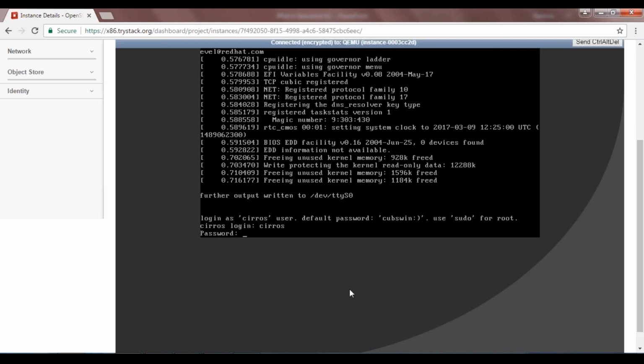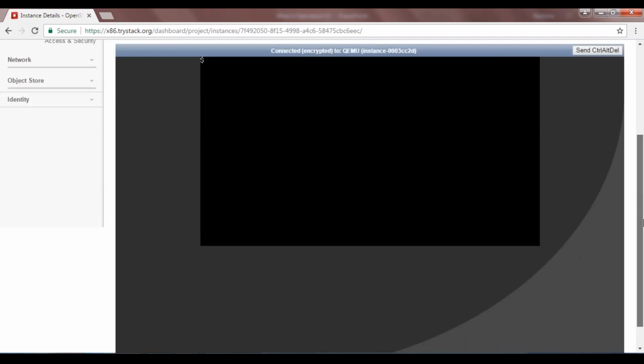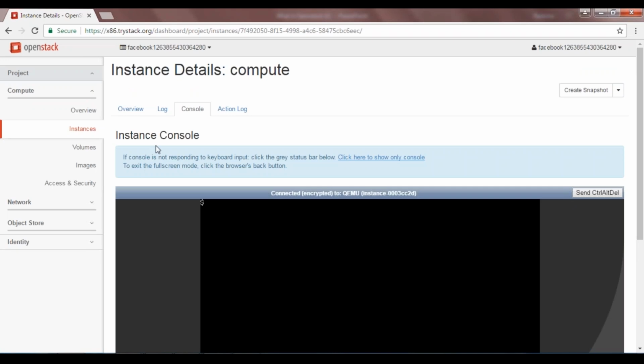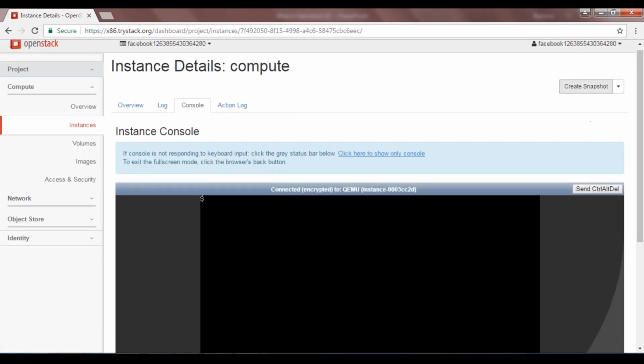It is asking for password, and there you are. You are just logged into your VM like that, and you can use it for any purpose that you want. If you want to use it for development purposes or any other purpose for your application, you can just use these kinds of instances. So this is how you can actually avail an instance,